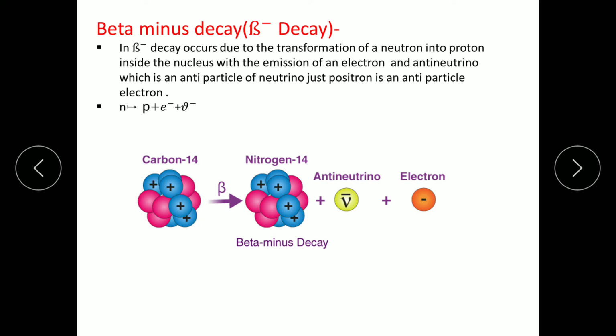Carbon 14 and nitrogen 14. Now, as we know, carbon 14 is nothing but the isotope of carbon which is unstable. Okay, in that proton number is 6 whereas neutron number is 8. Means what? Neutron number is greater than proton number, and that's why the neutron is converted to proton and it becomes nitrogen, Z equal to 7 and mass number 14. Okay, understand everyone?